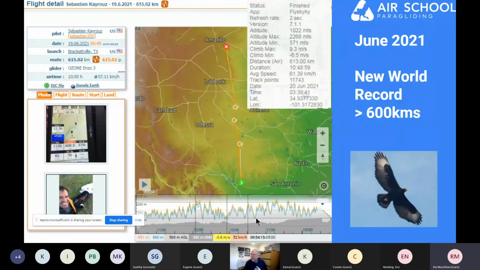Just last month, the world record was shattered. We've had 600 kilometers broken for the first time. It was done out in Texas. And just some stats on the flight over here. You can see this guy flew for just under 11 hours, 615 kilometers. His maximum climb rate was 9.3 meters per second. So he would have had various climb rates throughout this flight, but the maximum that he experienced was 9.3 meters